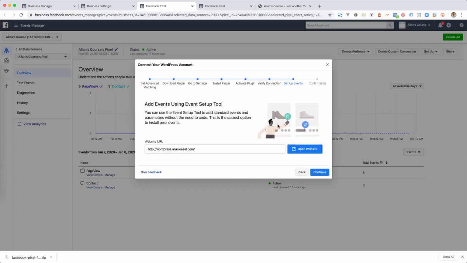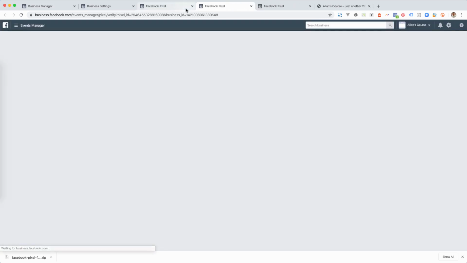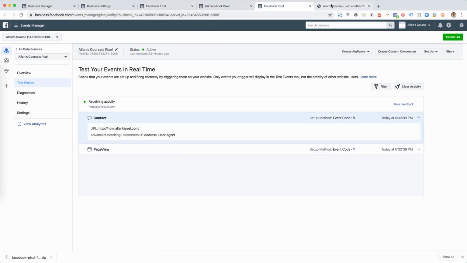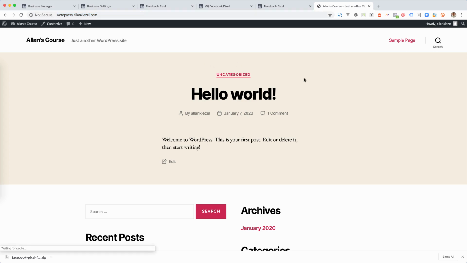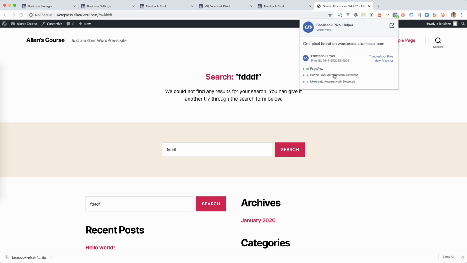It was helpful, but we're not worried about that right this second. And we're going to confirmation. So this will take us back to our test events in Events Manager. So we're going to go to that test events section like we had before, and we'll be able to watch all incoming events. Let's go back to the site. And let's refresh it. And now if someone types this in and they click on search, so you can see here that the button click was automatically detected. So again, this is that event that you set up using that setup tool. It's automatically set up in here